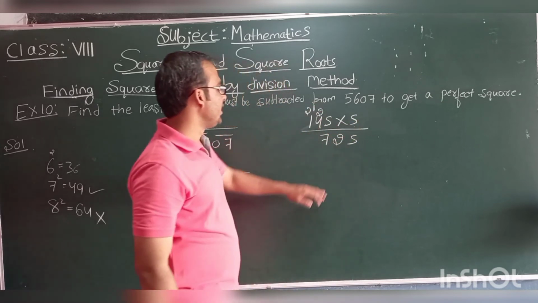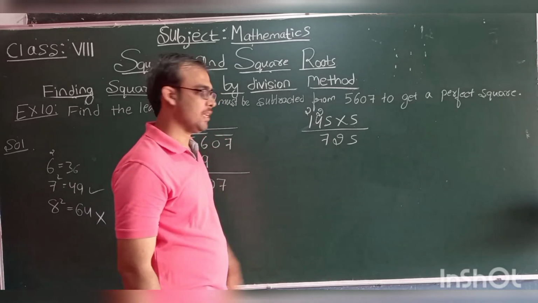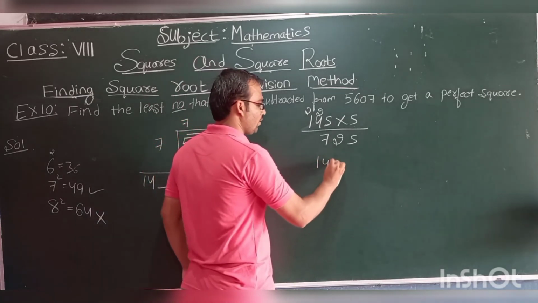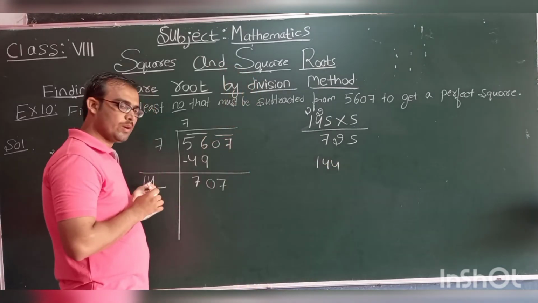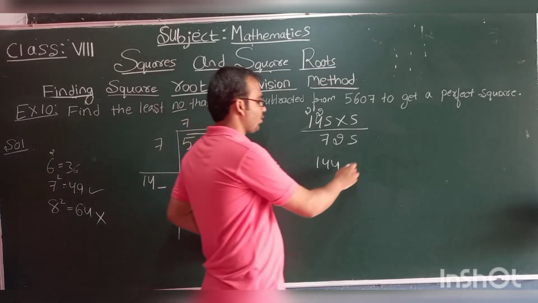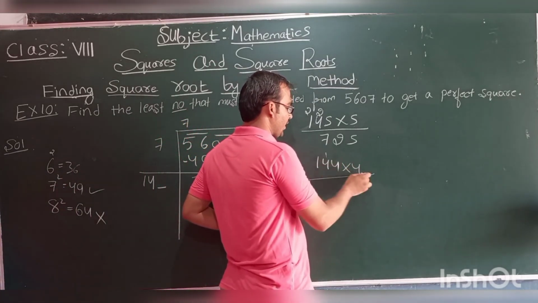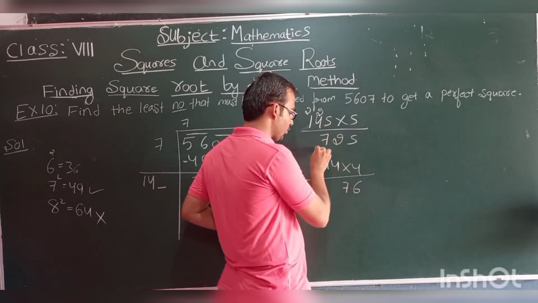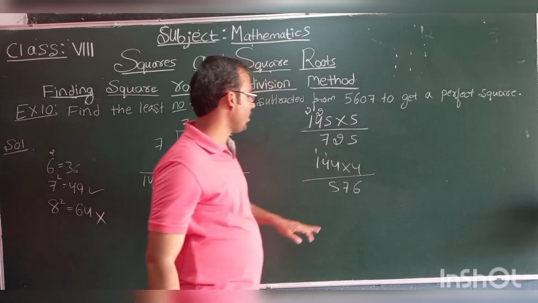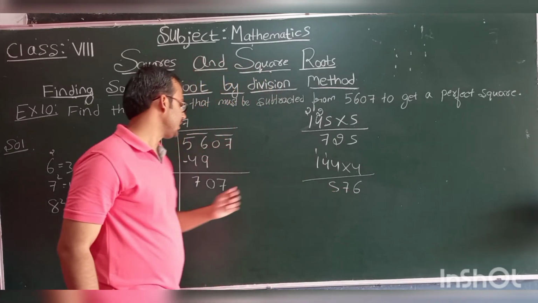Okay, students, here we have got 725. Now let us take the next number. Now we'll try with the 4. We'll try by placing 4 over this blank. So 144 into 4. 4 4s are 16, 1 carry. 4 4s are 16 plus 1, 17. 7 carry. 4 ones are 4 plus 1, 5. So what we have got? 576. So we can take this number, students.